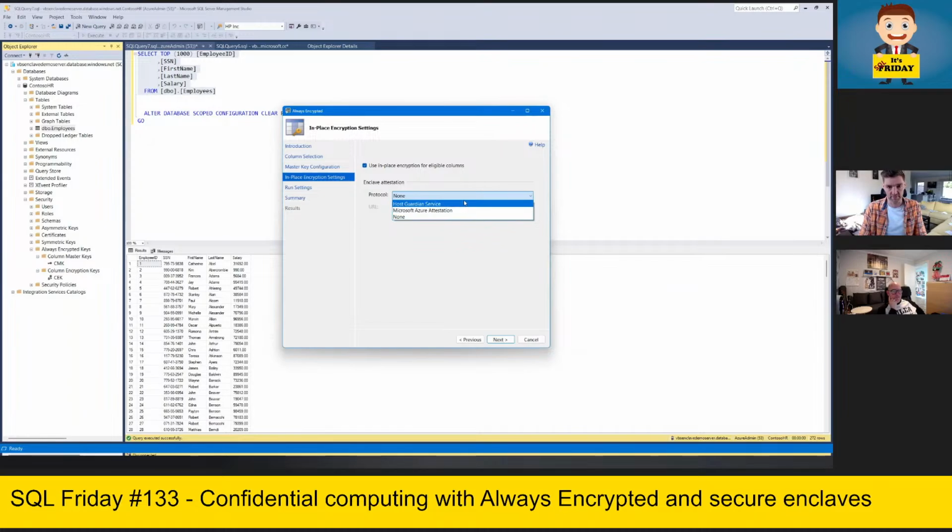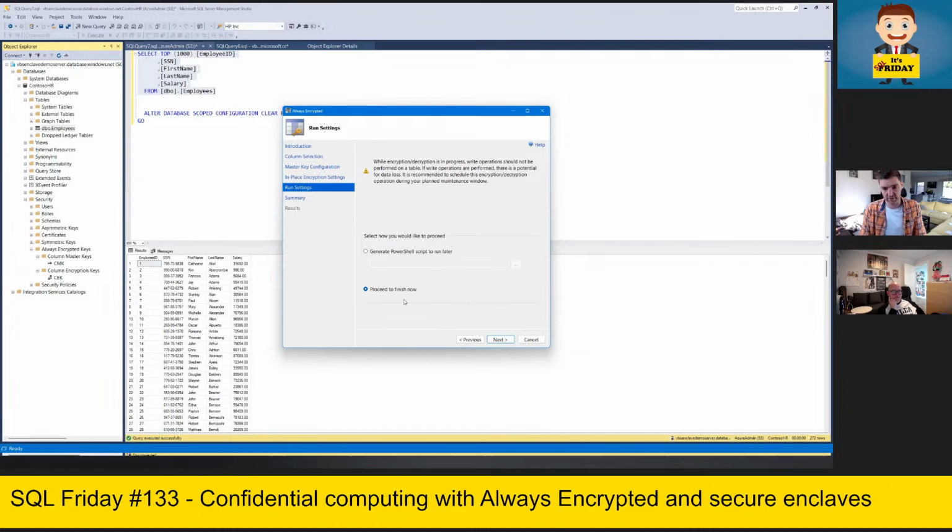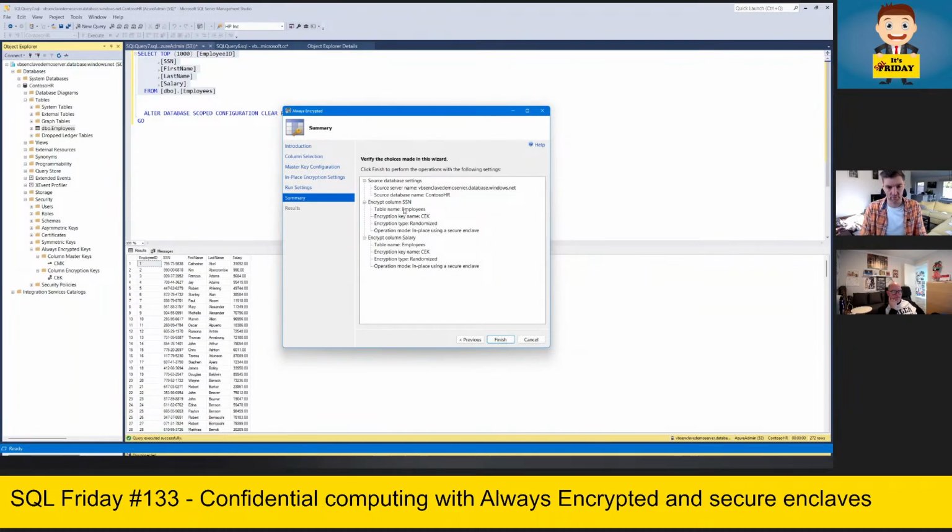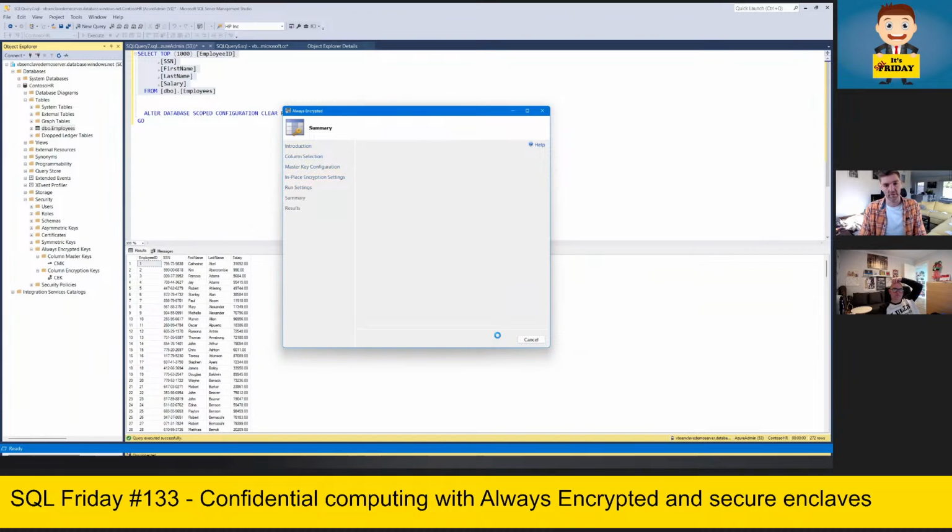In this case, I'm using none. The run settings, yes, I want to run it right now. Then I get a summary. Okay, these are the columns that I want to encrypt, and I'm going to use in-place encryption using that secure enclaves. Click finish. And now the Management Studio is going to perform the encryption operation on my columns here.